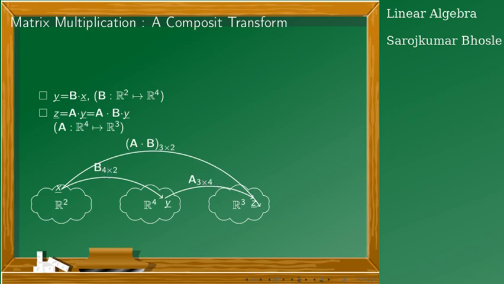If they do not match, then there is no question of composition of the function. So that is the reason why we need some compliance over the sizes of matrices, or precisely why we need the number of columns of A to be equal to the number of rows of B.